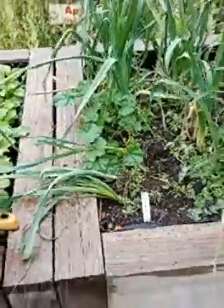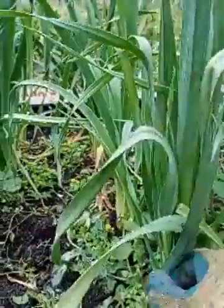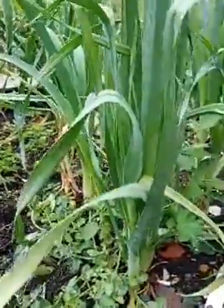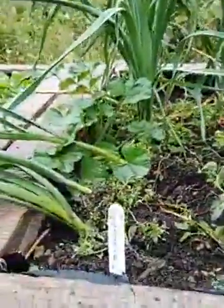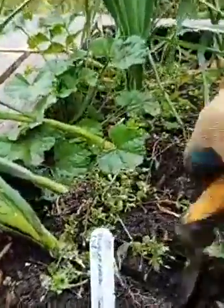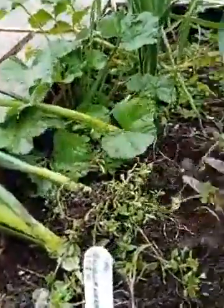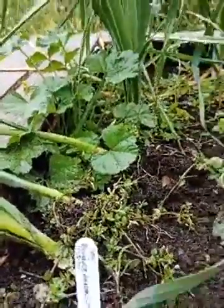That would be great. So we've got some lovely leeks here. When they get to about pencil thickness, what we need to do is separate them out and transplant them, and I'm going to show you how to do that now. What you need to do is get yourself a small fork and carefully get the leeks up. Be careful not to damage the stems. I've actually started this a bit early, that's why it looks really easy. So we've got 3,